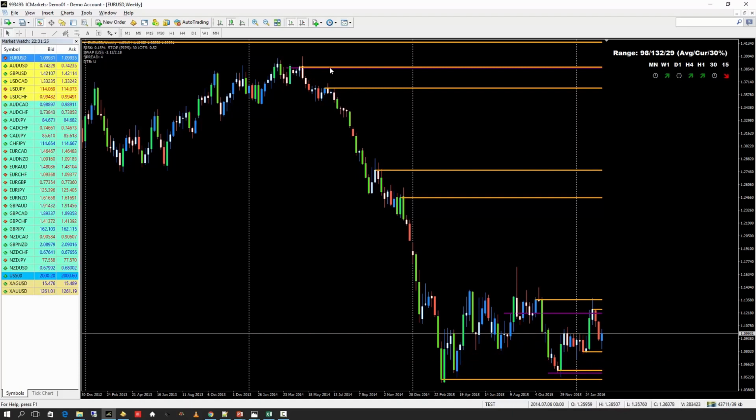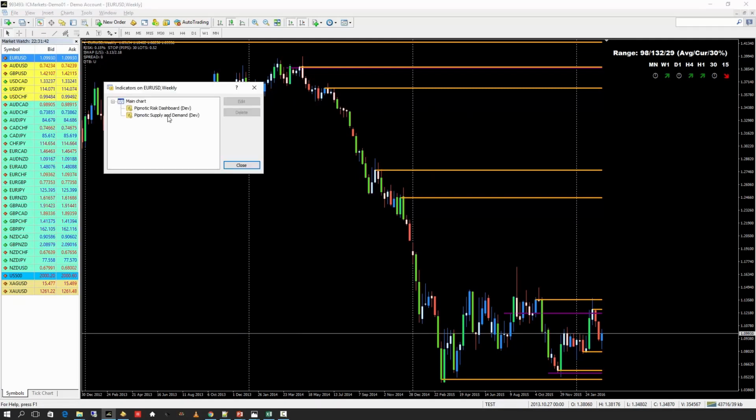Okay, so now we have to ask ourselves what's going on here. Well, the indicator is bringing a lot of information to our attention. It's telling us where we have areas of supply and demand. So you can see if you hold the mouse over this line, or if you open the indicator and you have a look at the settings,